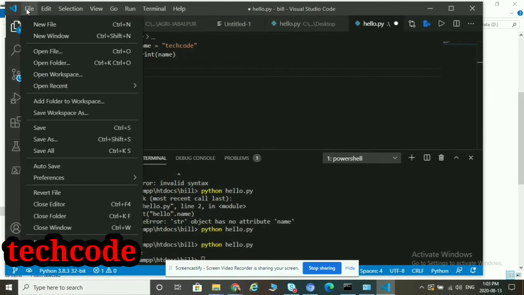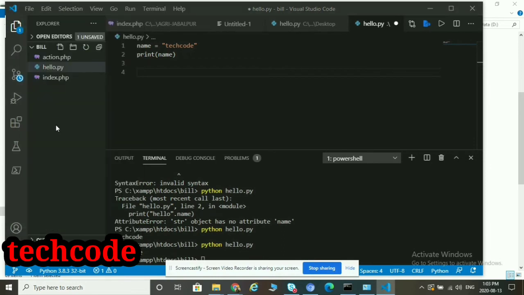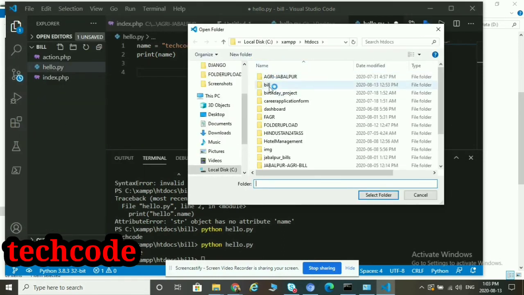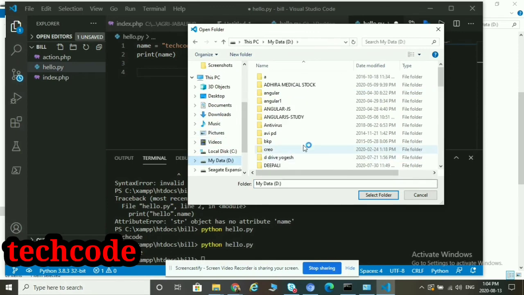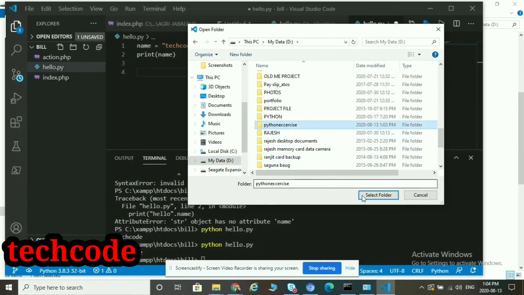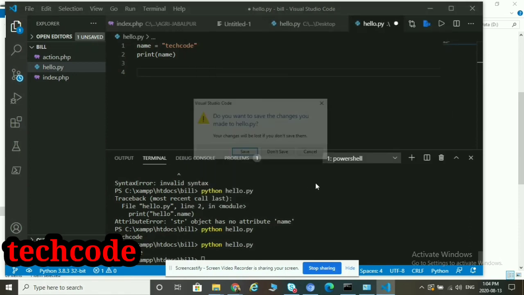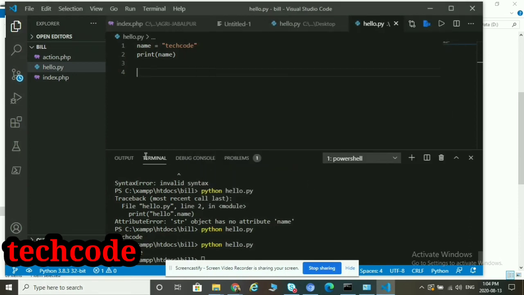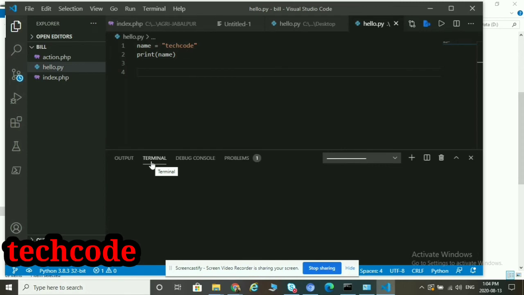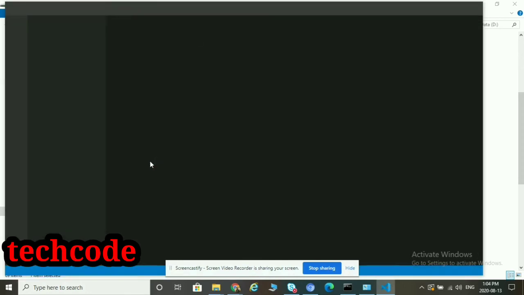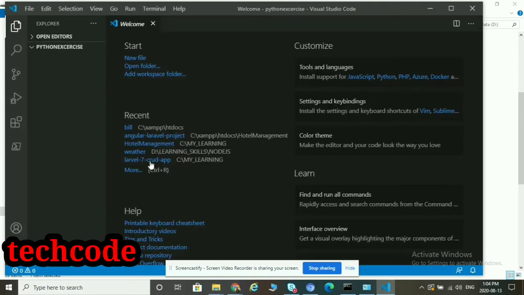So in Visual Studio Code, open folder in the D drive. The folder created is Python exercise, right? So Python exercise is the folder. Select folder. Okay, so our folder will be opened in Visual Studio Code.